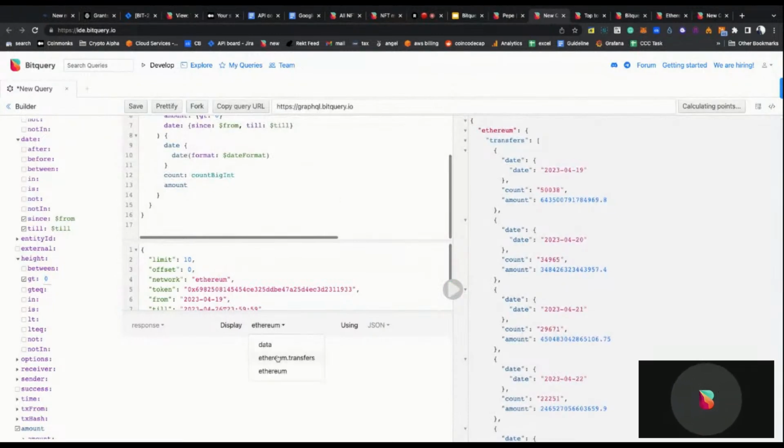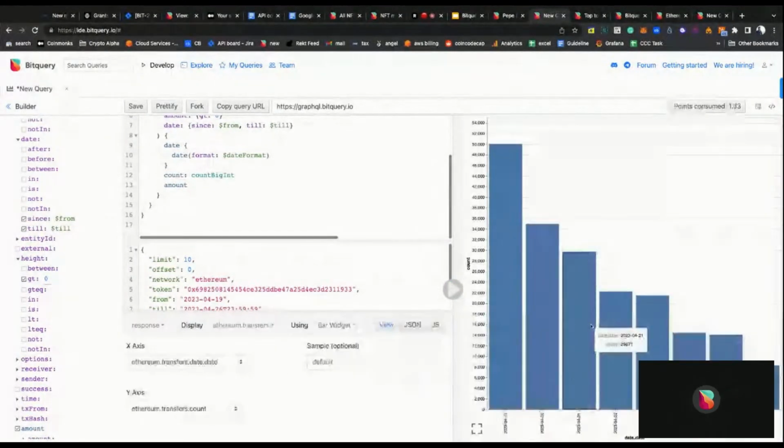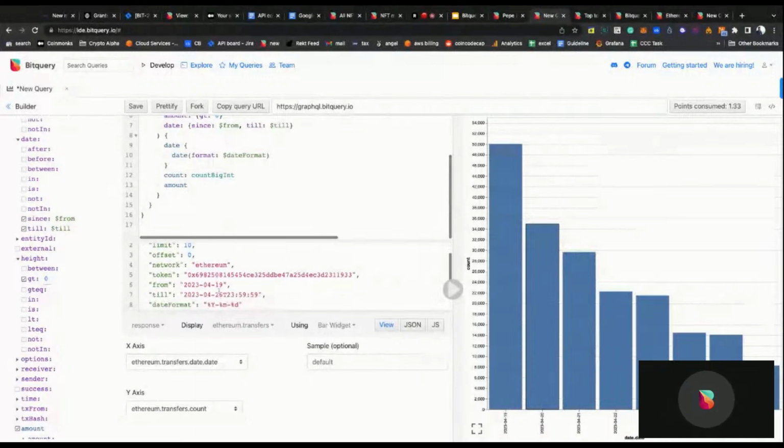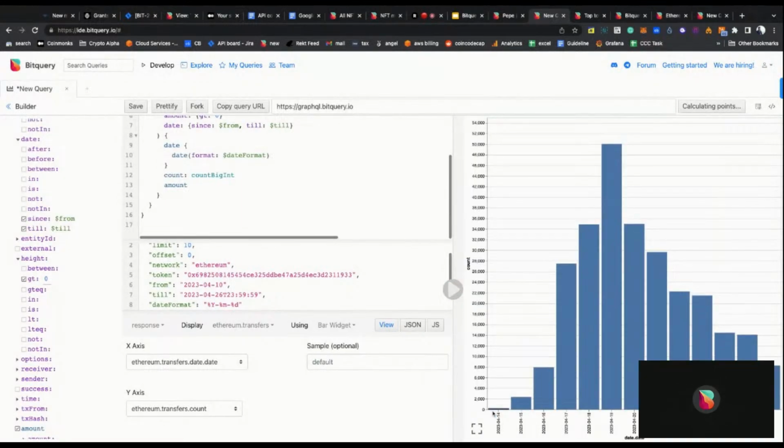And you can actually visualize it here also. You can change the date also. Let's say this is for 7 days. You want it for, let's say, more dates. For example, let's change it. These are more dates basically. So this way you can actually write queries and visualize it at the same time.